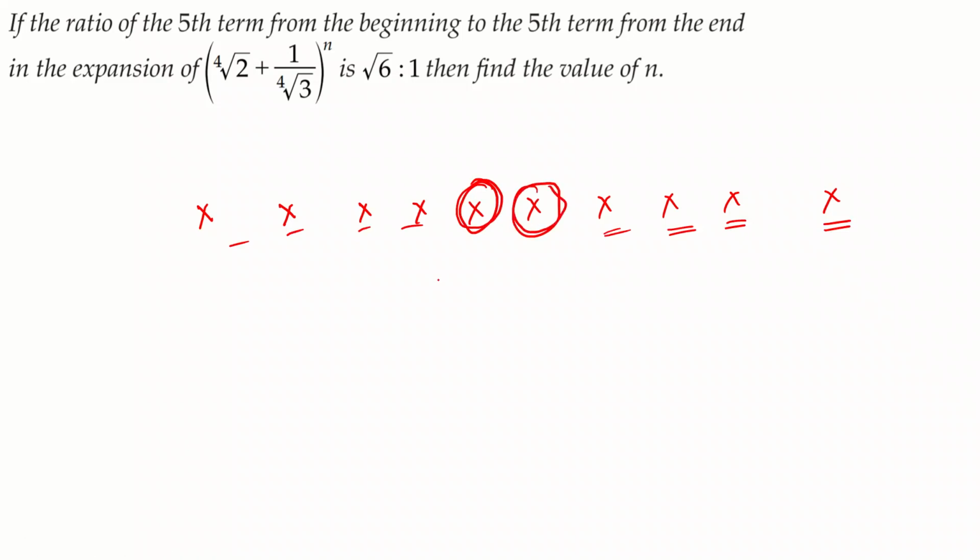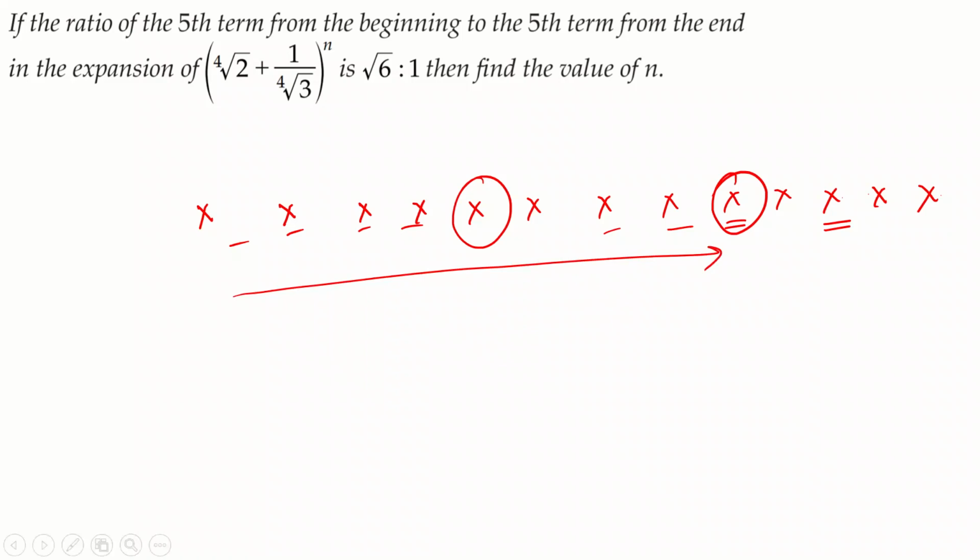So can you now tell me, if I give you the fifth term from the end, what is the rank of this term from the beginning? So it is 6 over here, because this is 5, so this is 6. But if I increase the number of terms, suppose instead of 10 terms, I give you 13 terms, 10, 11, 12 and 13. And if I again ask you, what is the fifth term from the beginning? It is this, and the fifth term from the end is 1, 2, 3, 4, this is the fifth term from the end. Can you now tell me what is the rank of this term from the beginning?